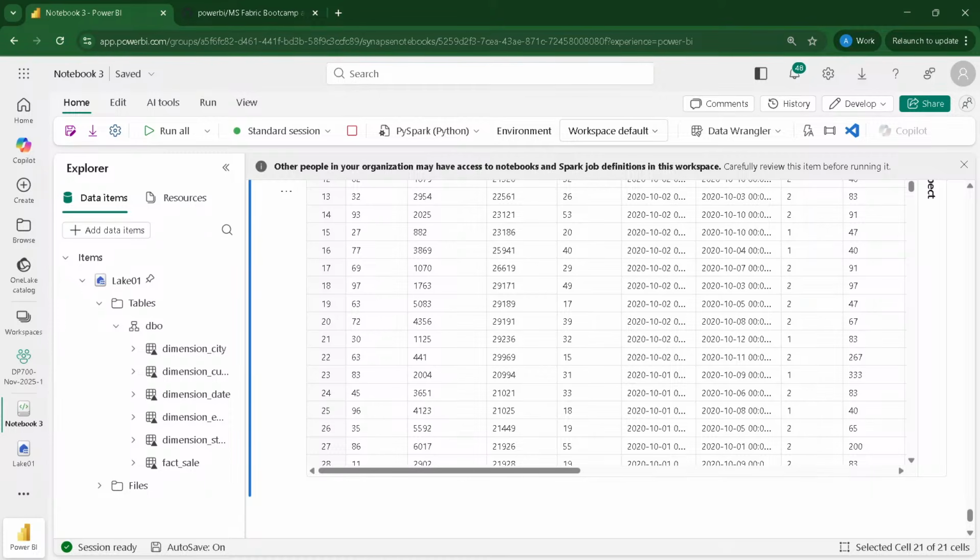Now there is a question which I see: is ML possible in PySpark notebooks? That's what it was actually meant for. We are doing data engineering, which is basically the secondary objective; formally, it is meant for ML. So not only can you run your ML algorithms, but if you have watched my channel, I have discussed clustering in one of the videos, where I showed how to do clustering of the data.